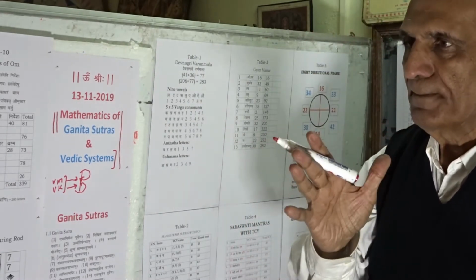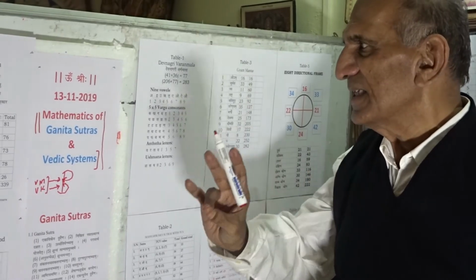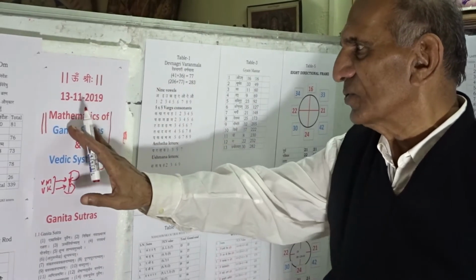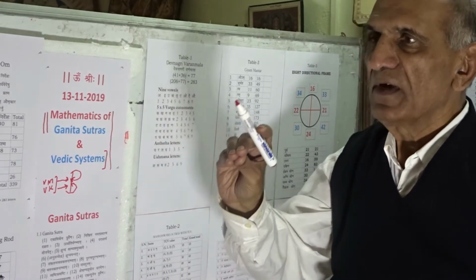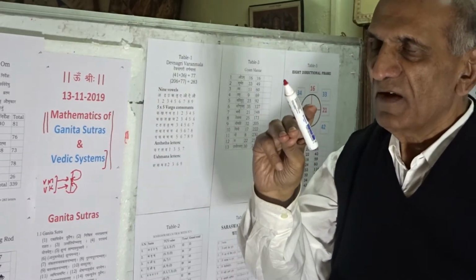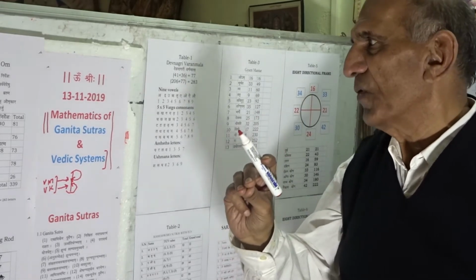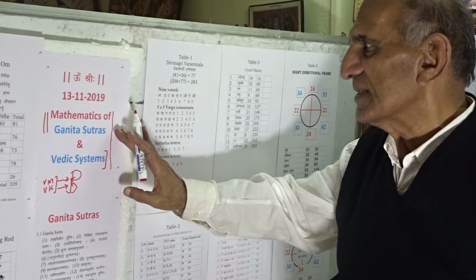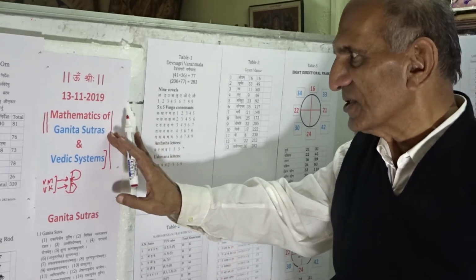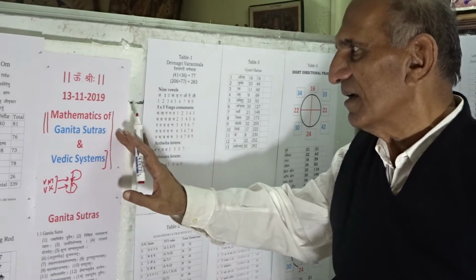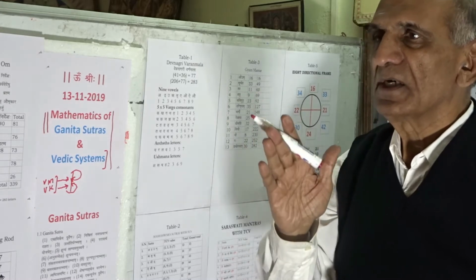Amongst some, there is a lingering doubt, as this text of Ganita Sutras is not part of any of the available Vedic Samhitas. Therefore, these sutras cannot be given the status of Vedic Ganita Sutras. On the other hand,